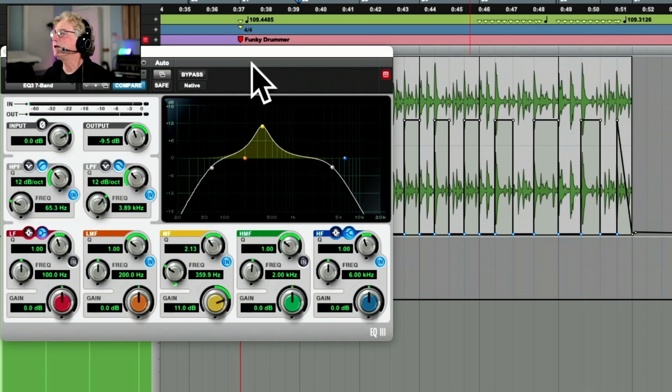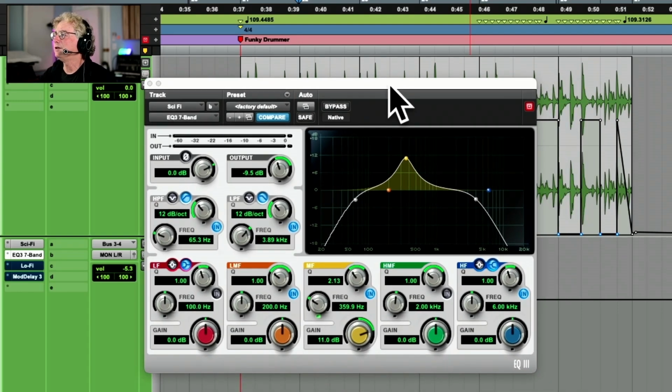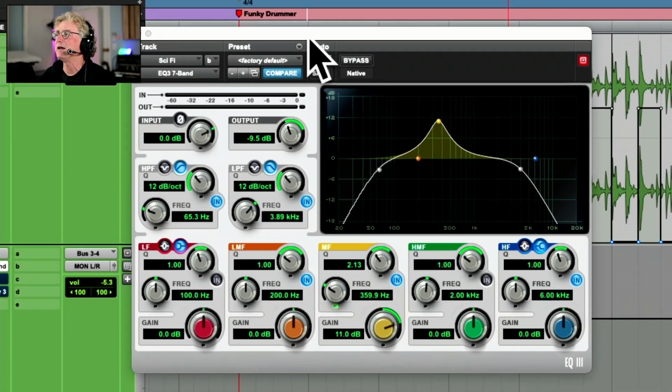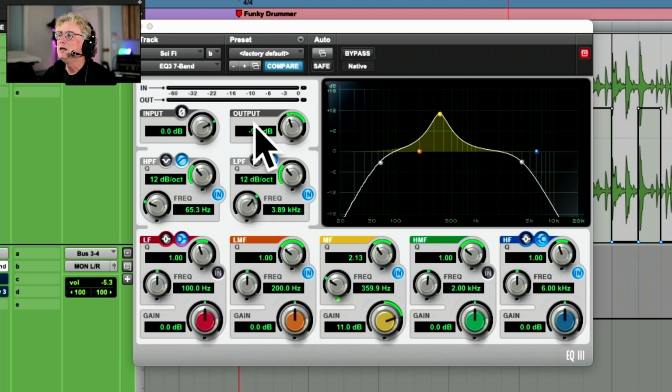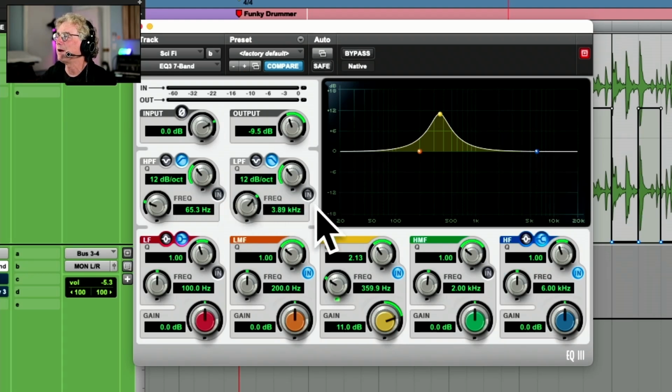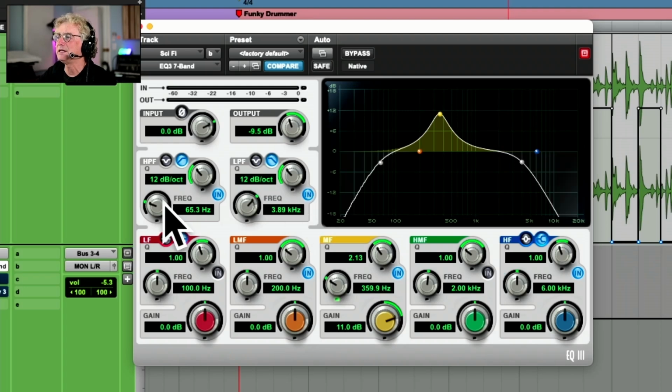So what I'm doing here is I am changing the pitch, like I'm changing the way that the EQ is. And what I did here was this is advanced, right? So this is sort of more for next semester, but this is a 7-band EQ. That means that there's 7, 1, 2, 3, 4, 5, 6, 7 places where you can do frequency dependent volume control. And what I like about this one is that it has a high-pass filter and a low-pass filter that you can engage at the same time, right? So I have them both in, and I set up my frequency,